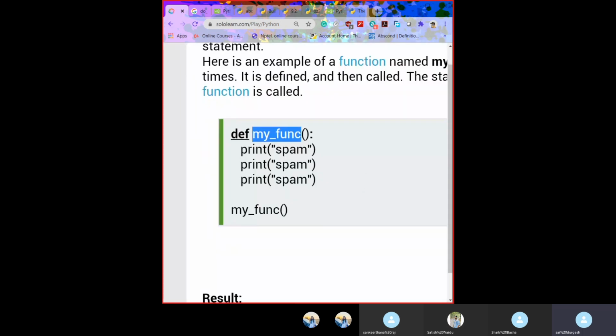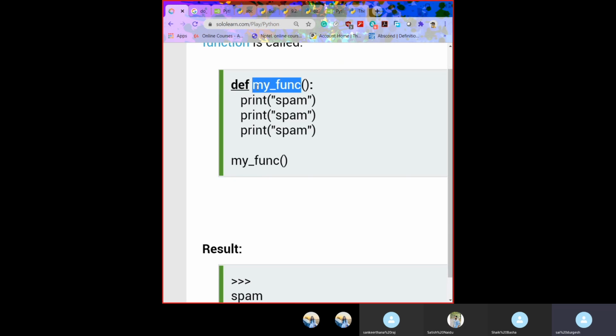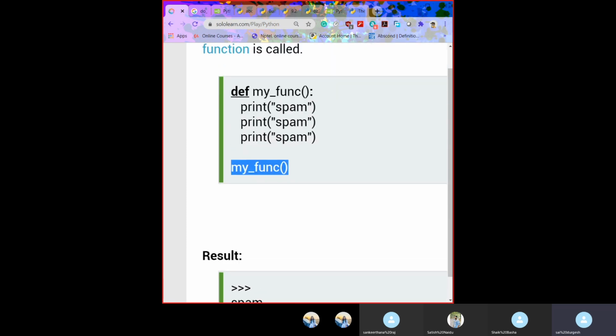In this function, we have written a program to print spam. When we print this spam 3 times and use our own function in another function or in any program, it will automatically execute the program which was already stored in the def.